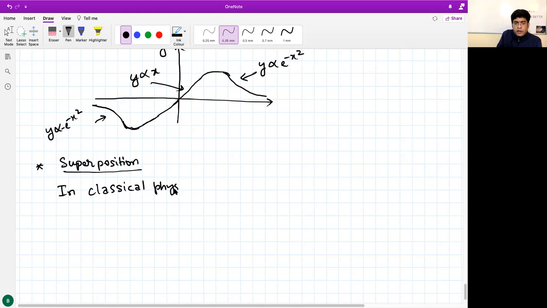While we are speaking on Zoom, there is a superposition principle in action. There are many, but one of them is what I'm going to tell you about. So, superposition of two physical quantities. In classical physics, this superposition gives a third quantity